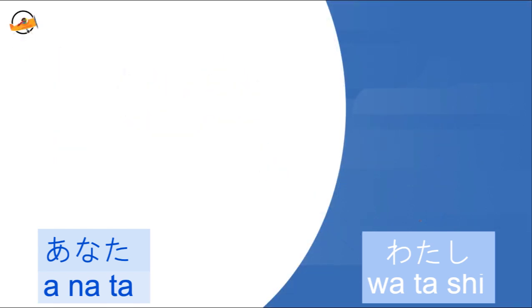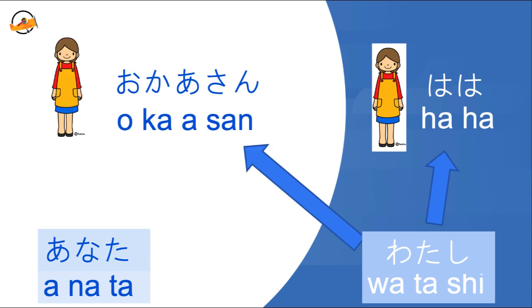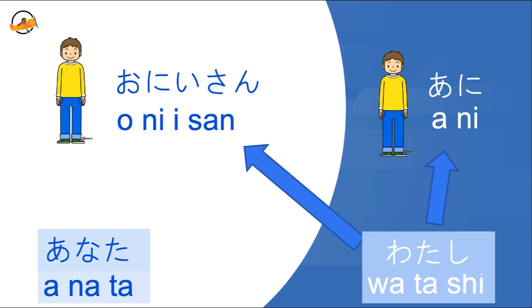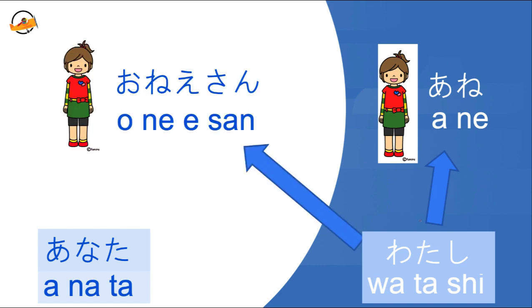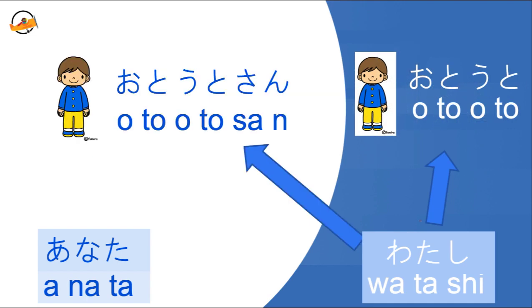It's a similar system with mother. 母、 That's your own mother. Somebody else's mother would be お母さん、 Notice the honorific o at the beginning and san at the end. My older brother, 兄、 your older brother, お兄さん、 My older sister, 姉、 your older sister, お姉さん、 My younger brother, 弟、 your younger brother,